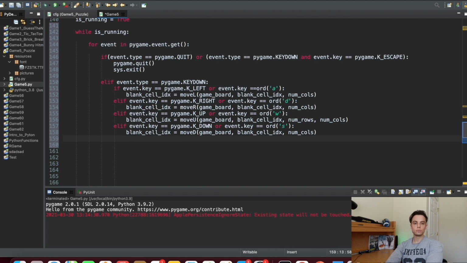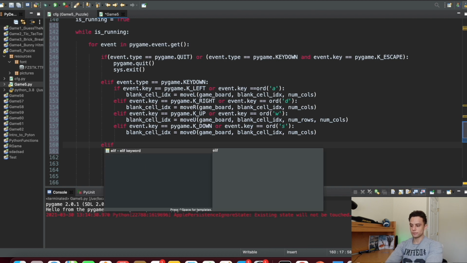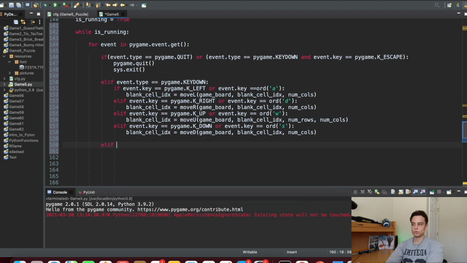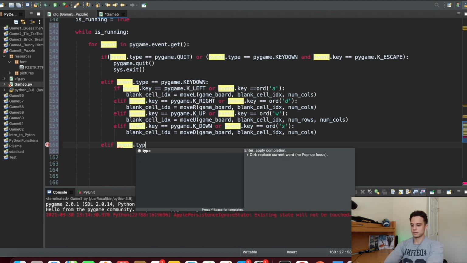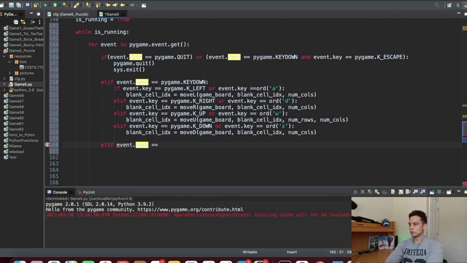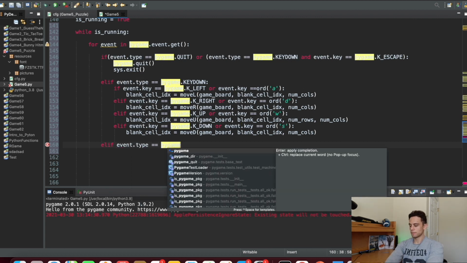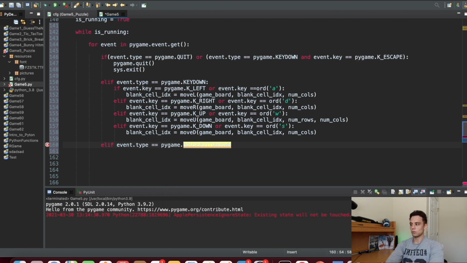But since I want you to learn how to use the mouse and the keyboard, we're also going to enable controls with the mouse. So inside this for loop, I write another elif statement. Now we have an if statement for quitting the game, an if statement for using the keyboard for controlling the game, and now we'll create another elif for using the mouse to control the game. So I write event.type == pygame.MOUSEBUTTONDOWN, so if you press the mouse button,